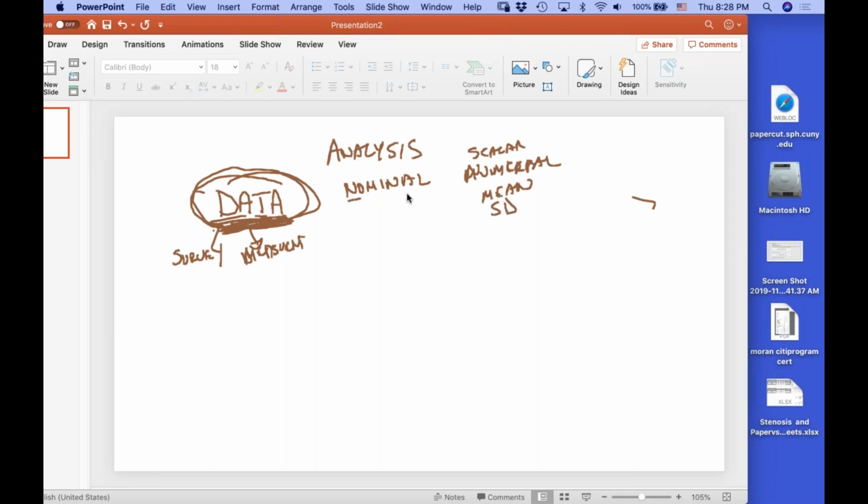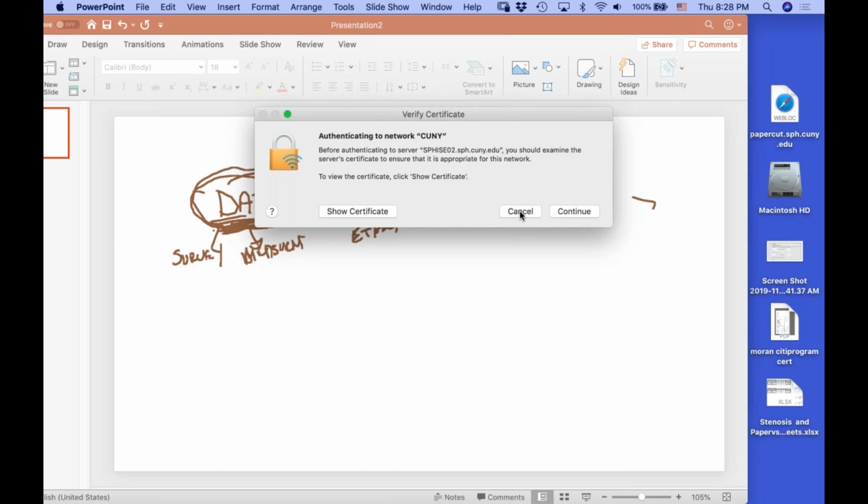When you're dealing with a nominal variable, a nominal variable is a category or a name, right? So that's categorical. Generally in nominal variables, you might have a couple of values, or you might have many values. So for instance, if the nominal variable is gender, it might have two values if you're just looking at male and female. If you're looking at ethnicity, it might have